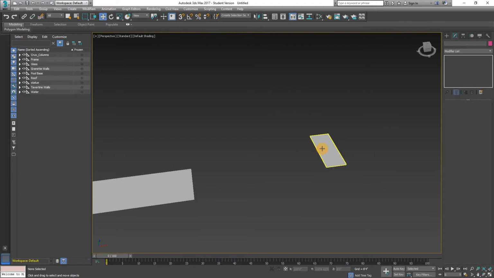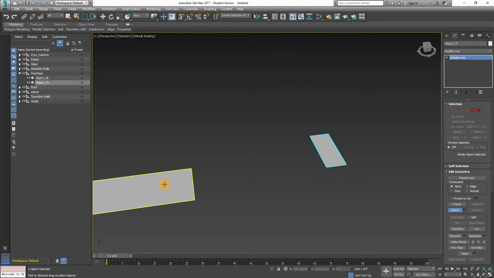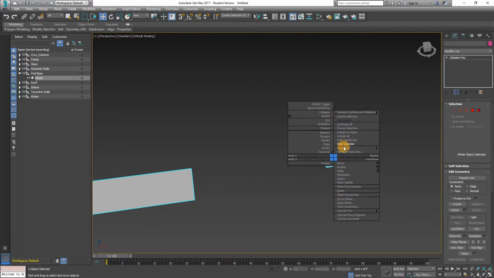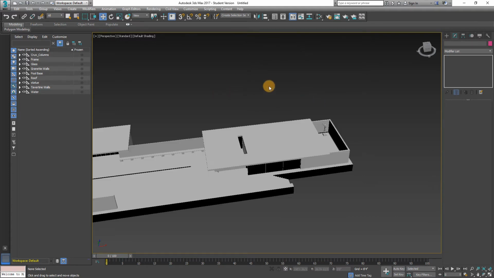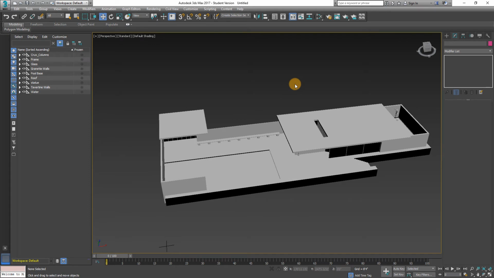This one will hide, and then these are the rock base. So these are rocks. Attach and hide. So I hid absolutely everything. That means we've joined it and grouped it the right way. I'm going to unhide all now by right-clicking in the middle of the screen and unhide all. Now I have to go through and prepare